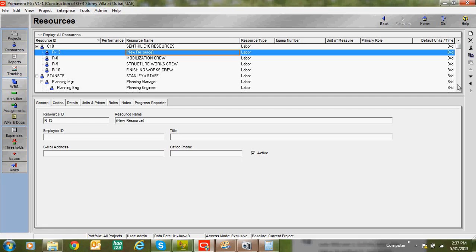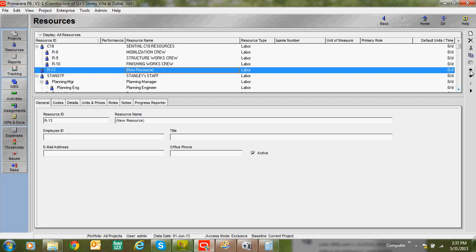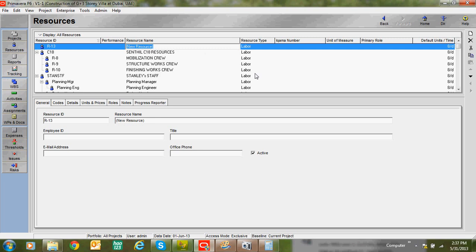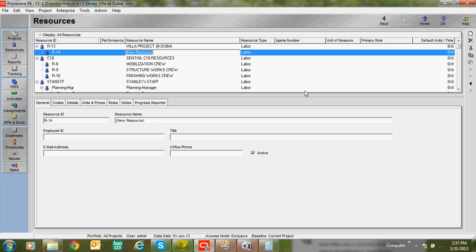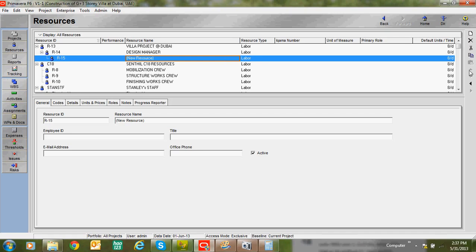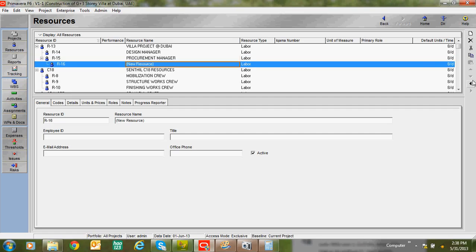Add new, left arrow, top arrow. Here type villa project at Dubai. New, design manager. New, left arrow, procurement manager. New, left arrow,